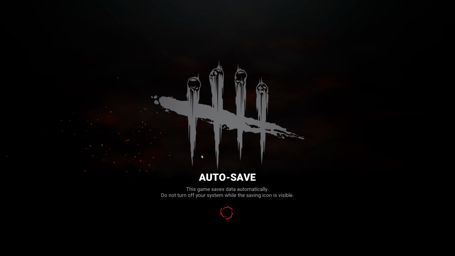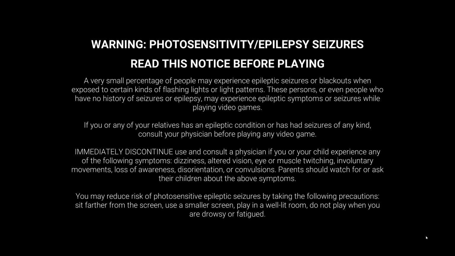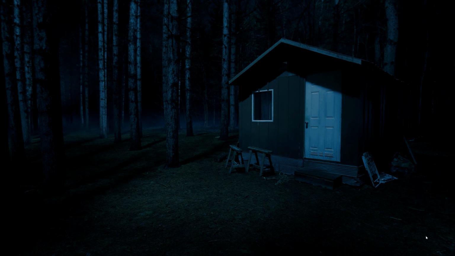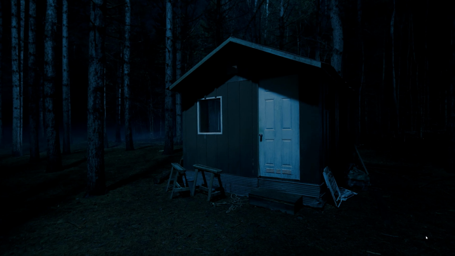Final result: that's all there is to it. One of these solutions should help fix Dead by Daylight if it's not launching, crashing, freezing, or failing to start